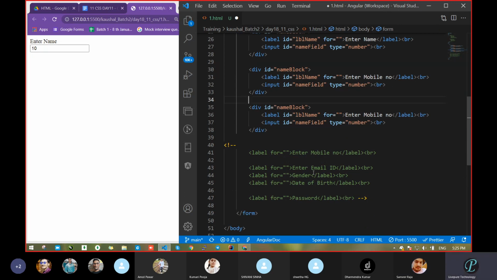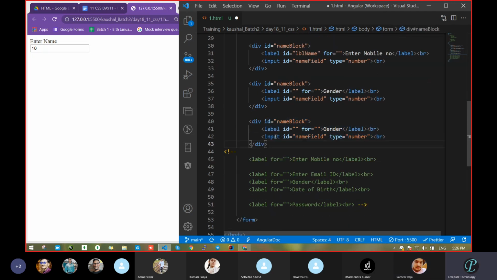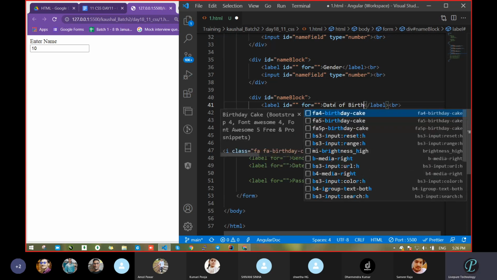And take this email ID. I'm going to leave that. I'm going to take this gender, label gender, and pass ID also. Then next, take mobile number. Take this date of birth also, date, date of birth.